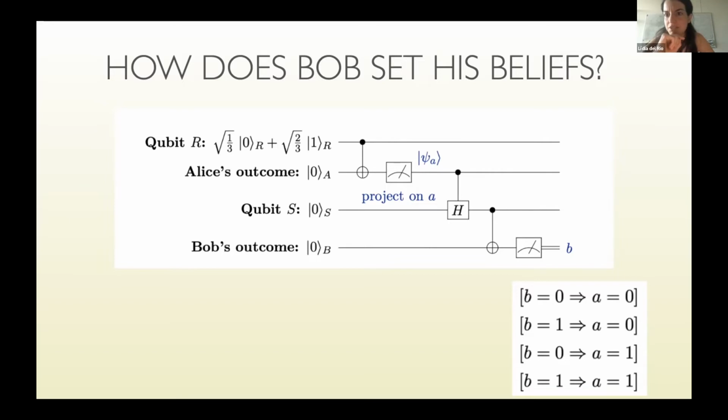This is the first part of the measurement. But now he's interested in these different cases of A = 0, A = 1. Right? So it just projects the joint state so far on what happens if Alice now were to measure her own memory and got outcome A. And then he evolves the rest of the circuit, including, for example, a small model of his own memory without the whole brain. Just to see, for example, okay, she got outcome 0, so the whole state is projected to 0, 0, R and A. Then she applies this Hadamard, so nothing happens to S. So then when I measure, I get B, and B can only be 0.